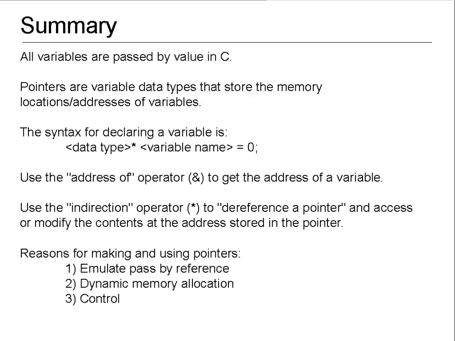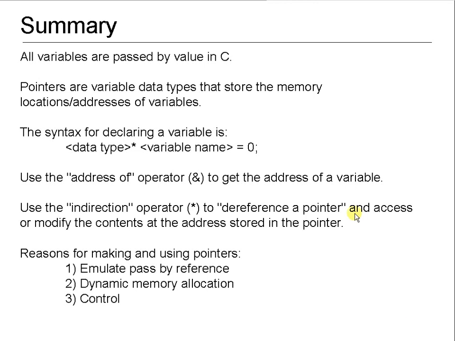Woohoo! The summary. All variables are passed by value in C. No pass by reference. Pointers are variable data types that store the memory location or addresses of variables. The syntax for declaring a pointer variable is data type, asterisk, space, variable name, and then always initialize to 0. Use the address of operator, ampersand, to get the address of a variable. Use the indirection operator, asterisk, to dereference a pointer and access or modify the contents at the address stored in